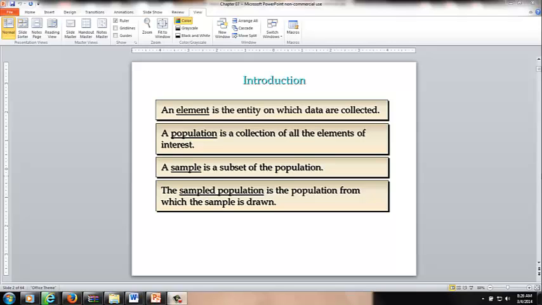Welcome to Chapter 7. In Chapter 7, we discuss sampling and sampling distributions. We look at information that we can get from samples and what we do with that information. Please make sure that you've mastered Chapter 6, especially the use of the